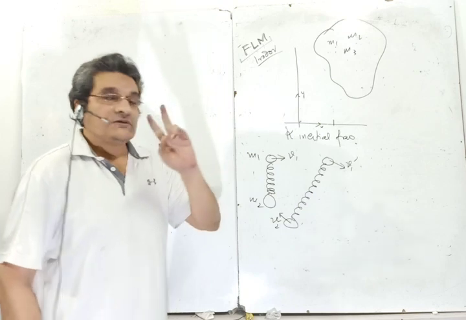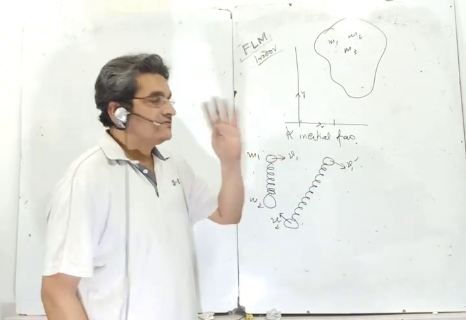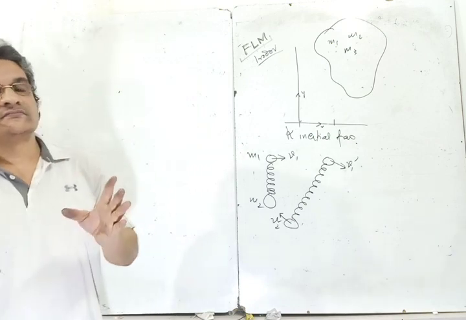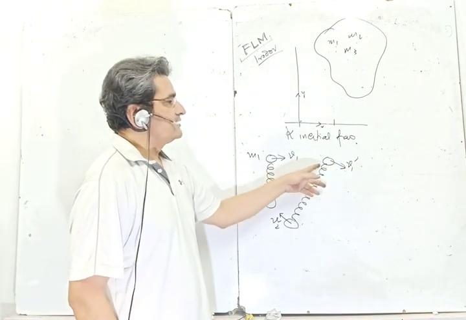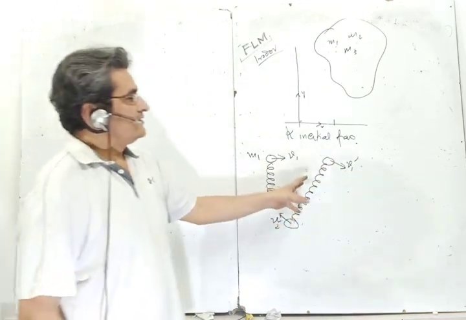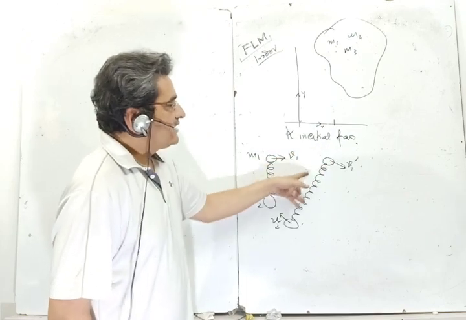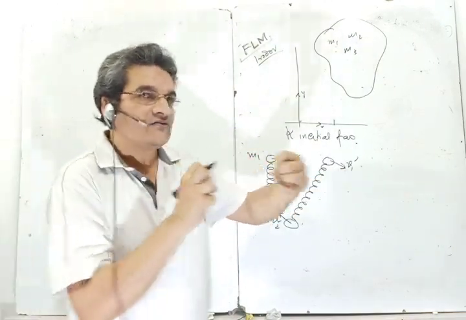In such cases, be very careful. Don't find the extension of the spring on the basis of the centrifugal force. Don't make the mistake of finding the extension of the spring by taking the centrifugal force. Because here, the force which is acting on it is stretching the spring, then the spring comes back. So it is kind of oscillation.